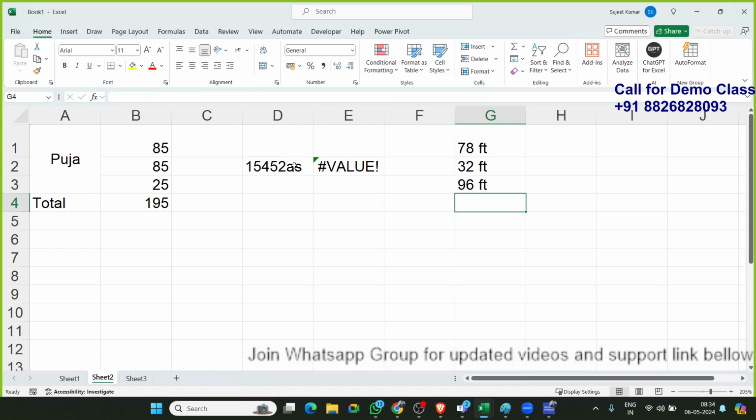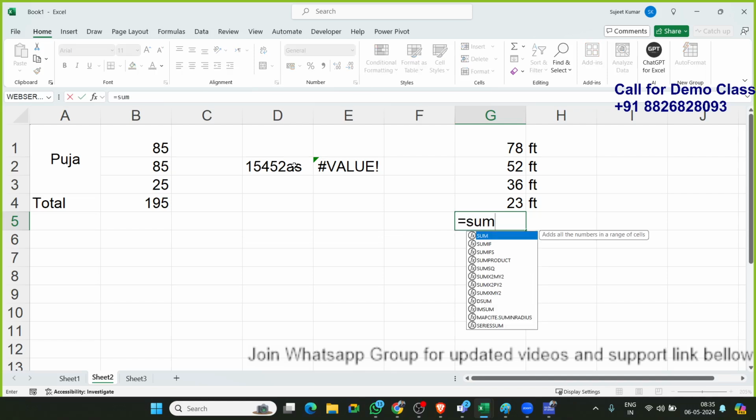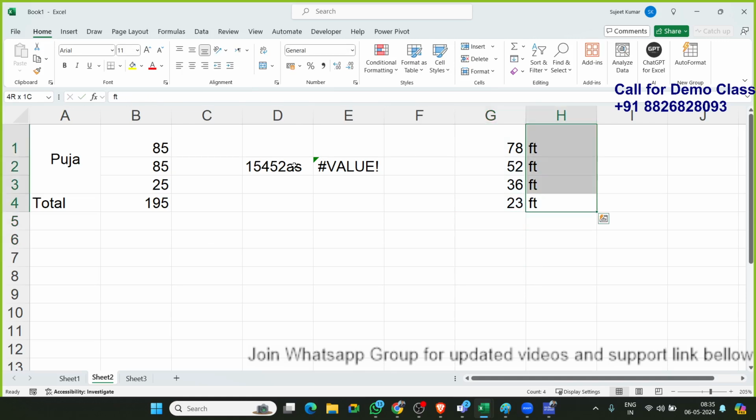So you need to type the number in one cell and your measurement in another cell. Now you can sum it easily. But sometimes we have a requirement: I want to show feet also before or after the number in the same column. So at that time we use